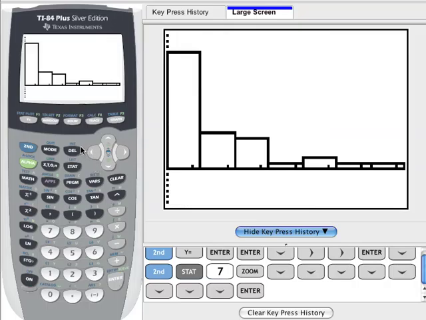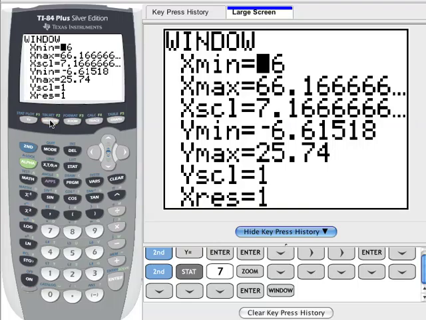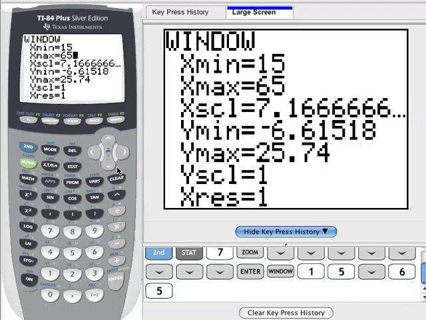Now, it may not be that we want these stock settings that came from TI as our window settings. They may have given us settings that we need to change. So we're going to go ahead and adjust the window to settings that more likely we would have used to make this graph. So press your window key. We're going to change the X minimum to 15. Now there wasn't any 15s in the data set, but I want to move from 15 to 65 in increments